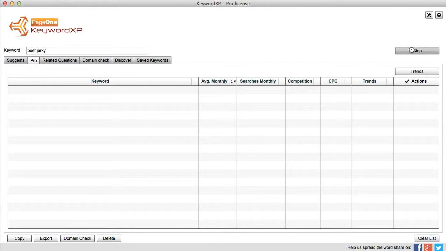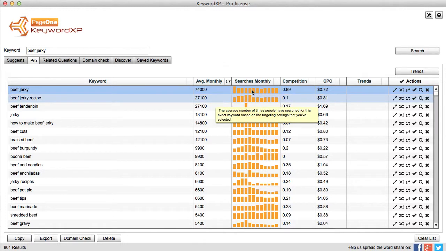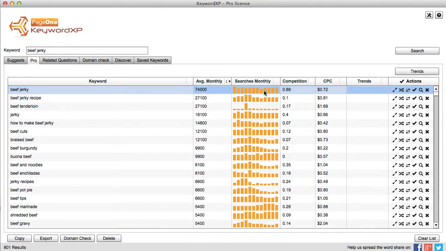search, and what it's doing now is pulling in all the keywords from Planner and associated with all those search volumes, exact match search volumes, so I can see where there's any real people searching behind this. And what I can do, of course, is simply sort in search order. I can look at whether the searches are seasonal, so where there's a certain spike, so for example beef tenderloin has a spike in January, and I can get an idea of the competition and the actual value of a